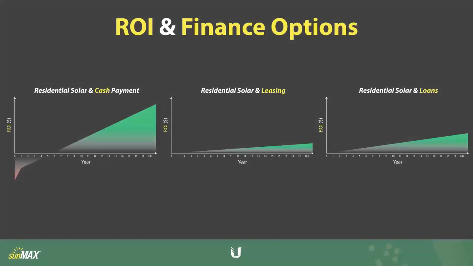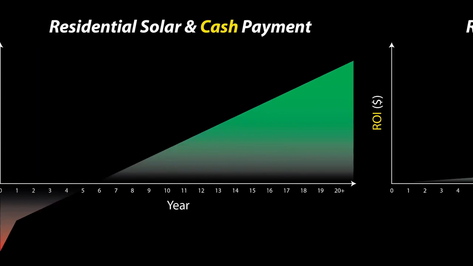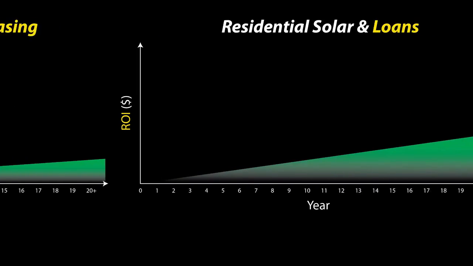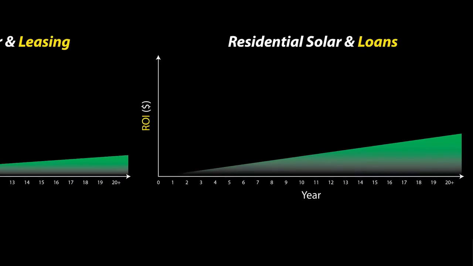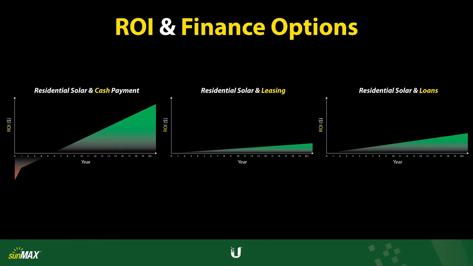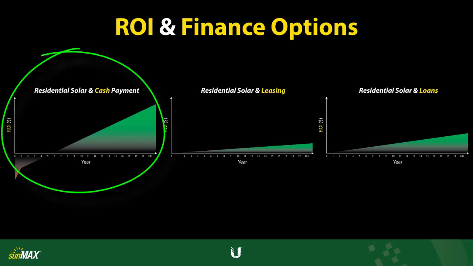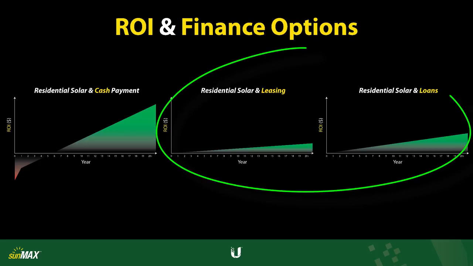Homeowners usually finance their solar investment in one of 3 ways: cash payment, solar leasing, and solar loans. While each of these finance methods allows customers to enjoy the cost savings of a solar energy system, the cash purchase option provides the maximum return on investment. Presently, however, as many as 85% of customers instead opt for loans or lease agreements due to the $0 down